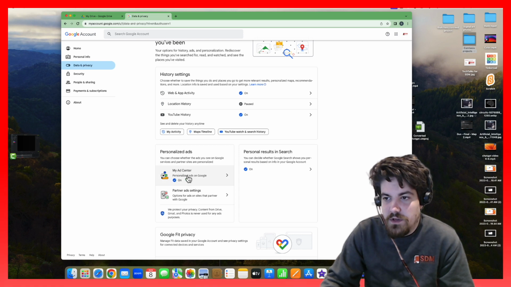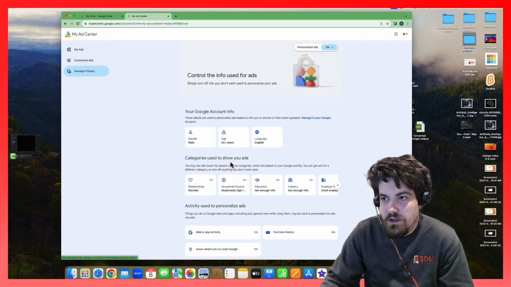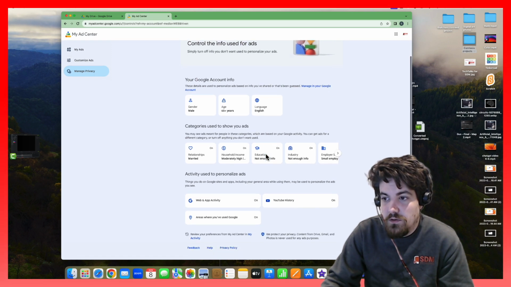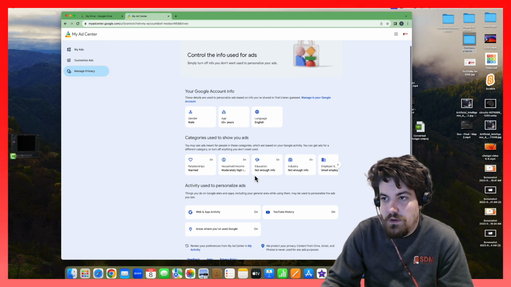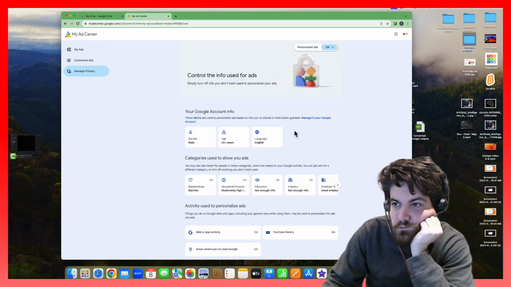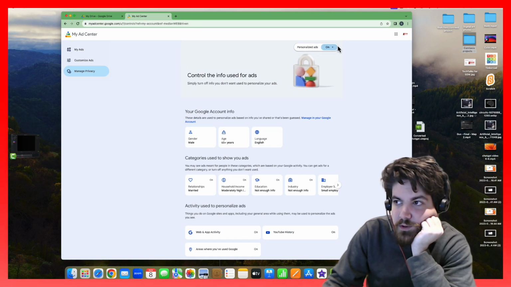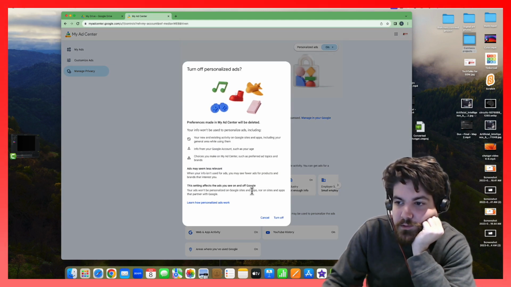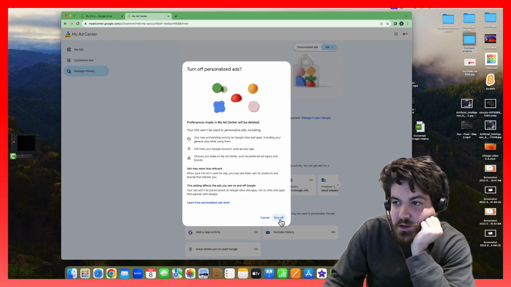So personalized ads on Google. That's something that can be turned off. Oh, there we go. Missed it. So I can do this and just turn off personalized ads